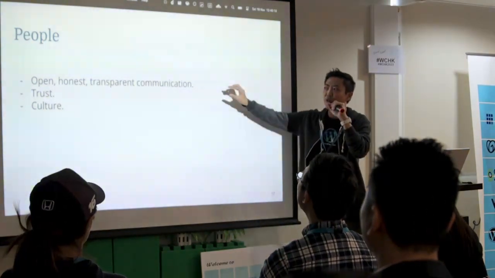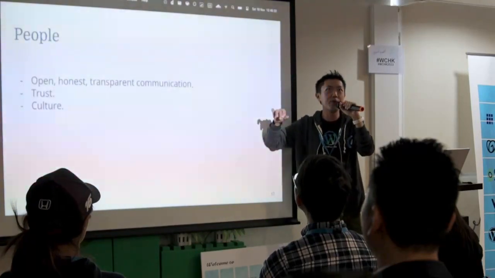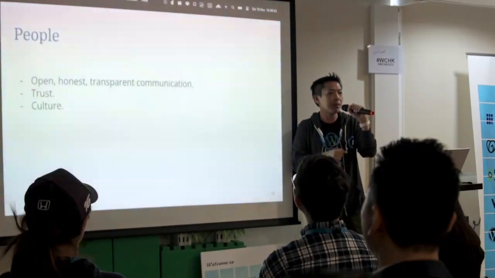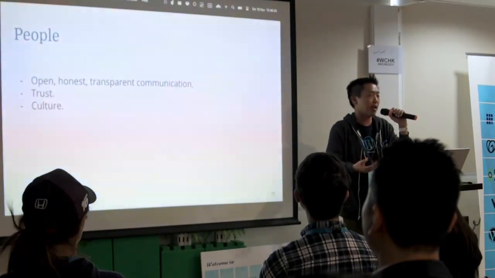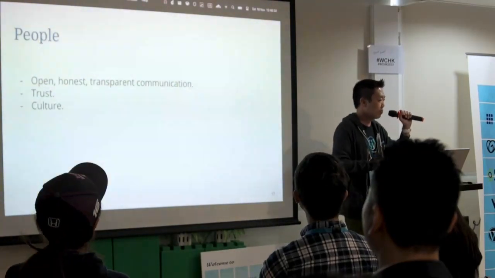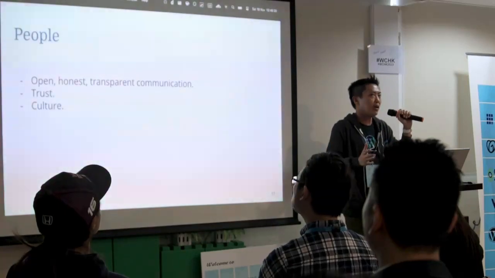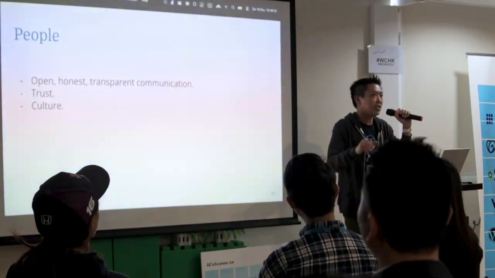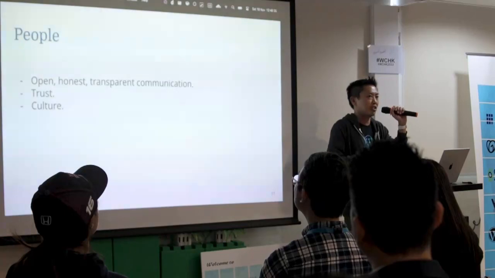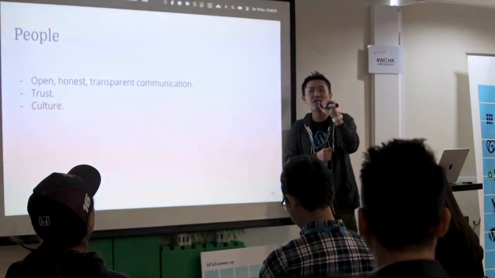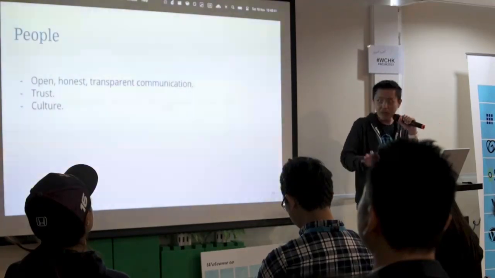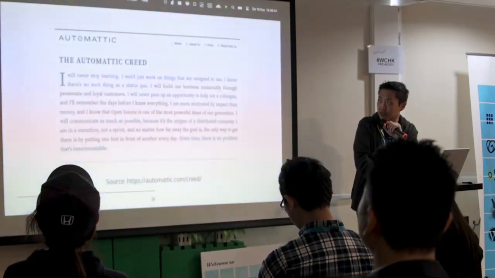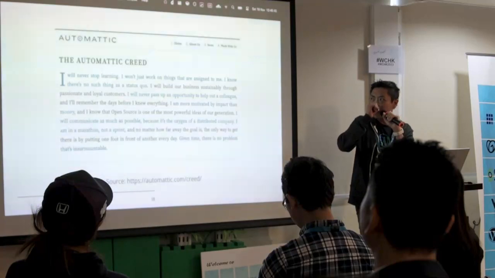And once you have this, you will build trust within the company, because the employee trusts the company and the company puts trust in the employee. It's a two-way relationship. And when you have a strong trust in the company, you are building a very unique company culture.